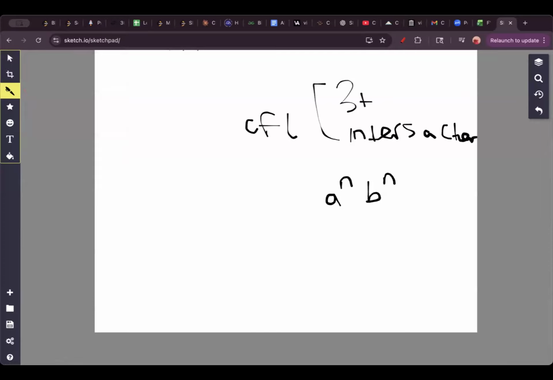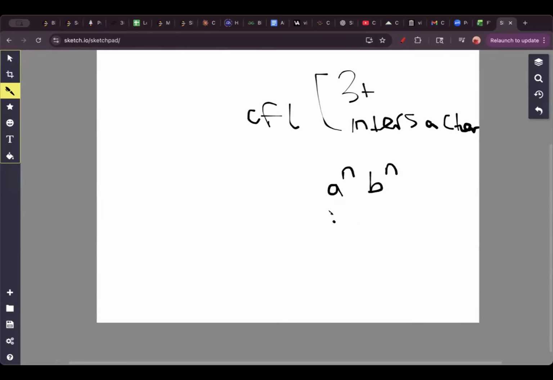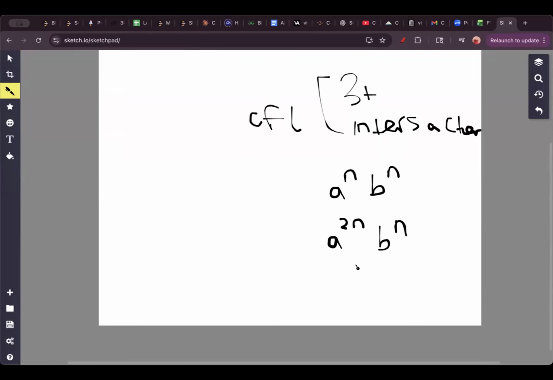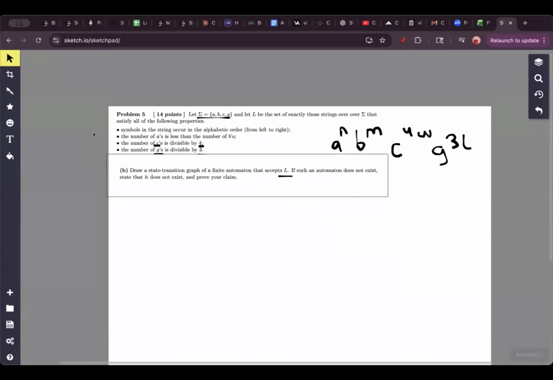That's one of the cases. The other one is similar, but with arithmetic constraints. Let's say the number of A's is two times the number of B's. So you have A to the N and then B to the N. They're both dependent on each other, right? That's going to break it. So that's where the pumping lemma comes in,